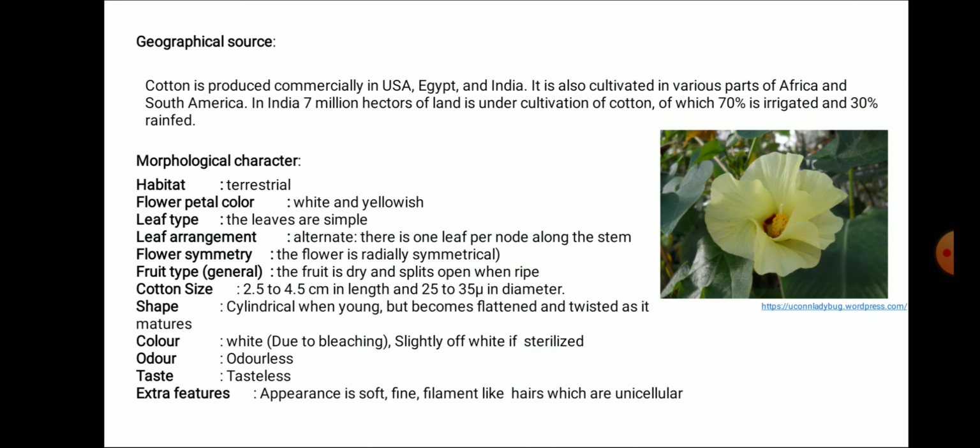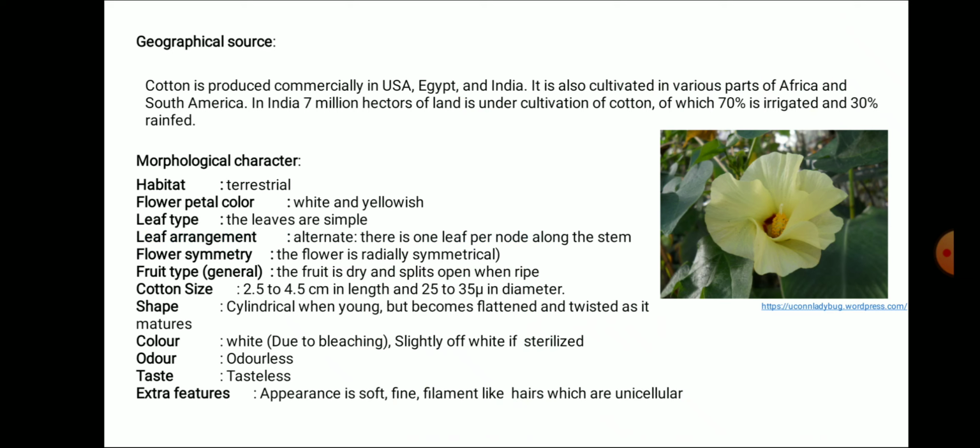Geographical source. Cotton is produced commercially in USA, Egypt and India. It is also cultivated in various parts of Africa and South America. In India, 7 million hectares of land is under cultivation of cotton, of which 70% is irrigated and 30% is rain-fed. In morphological characteristics, you should remember the 6 characteristics, that is cotton size,